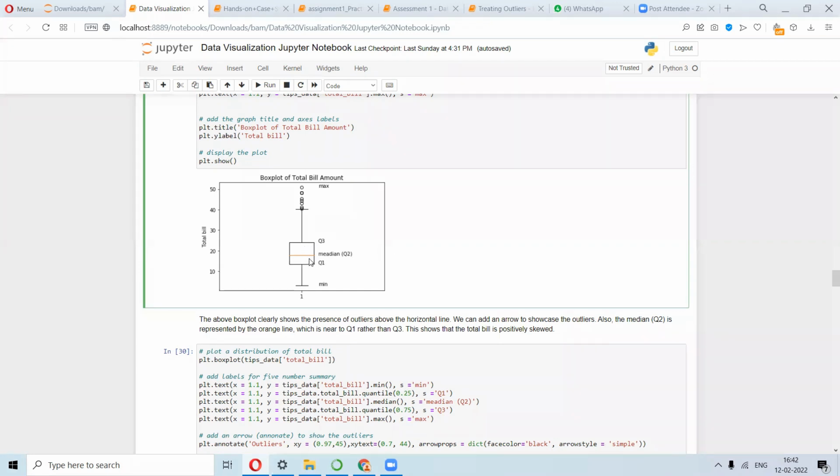Had it been the other way around, like if this median is shifted upwards towards Q3, then of course you would have negatively skewed to the left. Like that. Okay, so could you get this part? This is really important in terms of EDA, that we should be able to identify the outliers and understand the box plot, because this is really important.